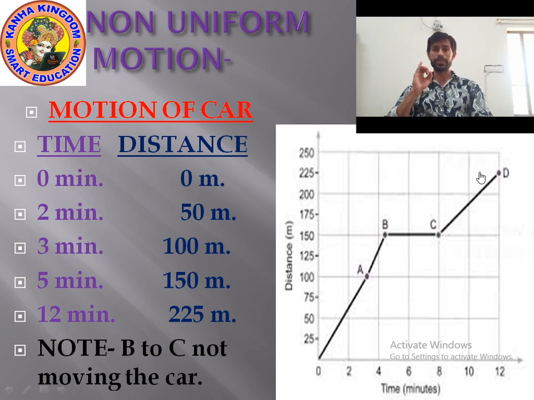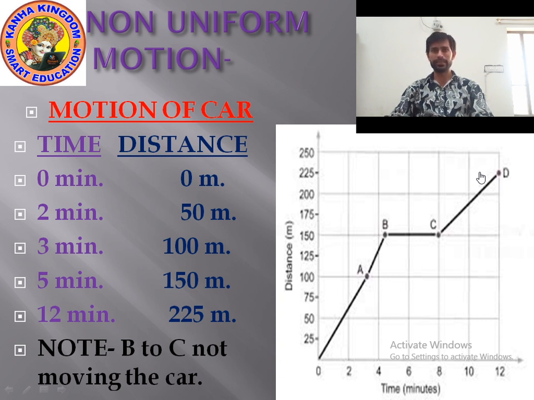then the car traveled 50 meter in 2 minutes, for it we will draw a straight line, then the speed has increased, so the line will tilt a little bit. Then you all went to the hotel to eat food, it means your car has stopped, the car is not moving. In that condition the line will be a straight line from B to C. Look at the graph, B to C is a straight line, which shows that the car is not moving.